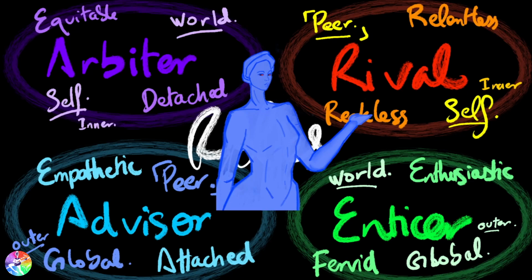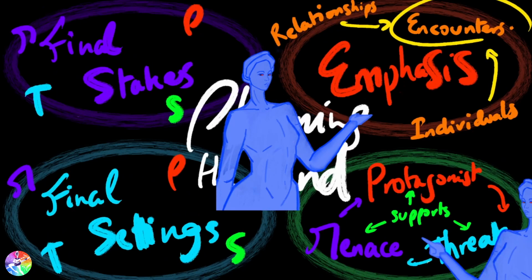Now, we have our four main roles, and in order to create a full individual, you have to put your role into perspective. So you get your role, you have already two character traits, and you add two additional character traits, and that's an individual. And then you add a goal, which is directly related to these four behavior traits. Now, how do you put emphasis on relationships and how do you put emphasis on characters?